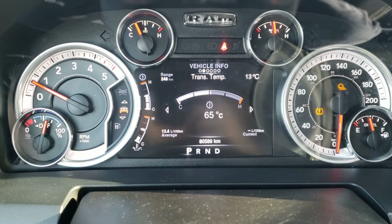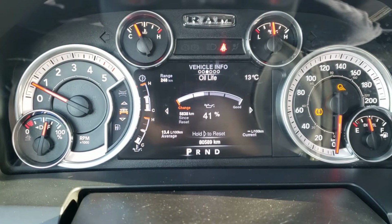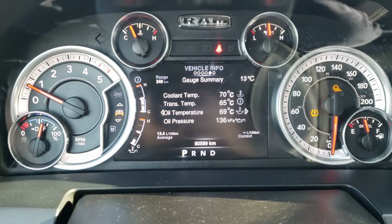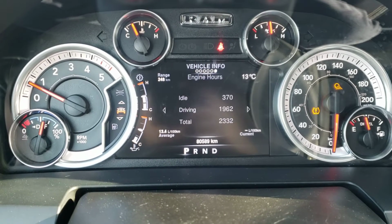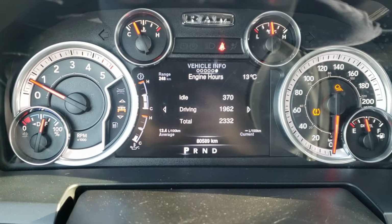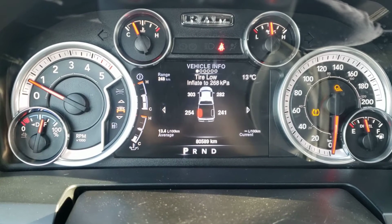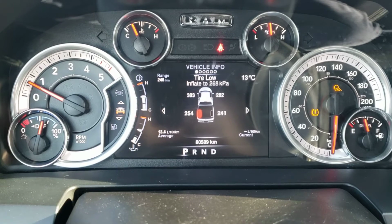You can also check your transmission temperature, the life of your oil, your battery voltage, and you've also got the gauge summary there if you wanted to look at all of those at once. And finally, you can also check the engine hours here as well. In the top left there, you've also got the range, and in the top right, you've got the temperature, the